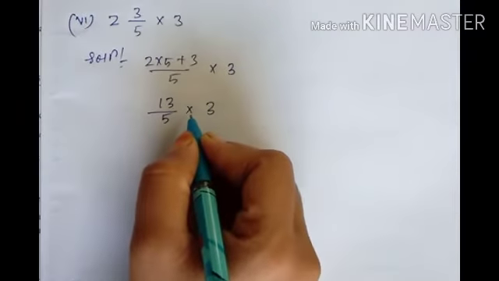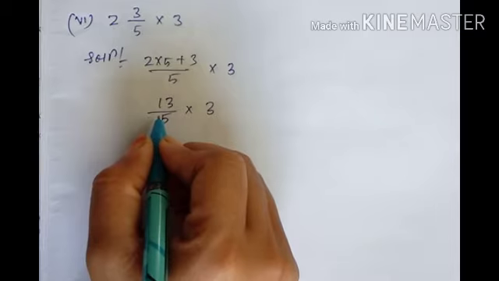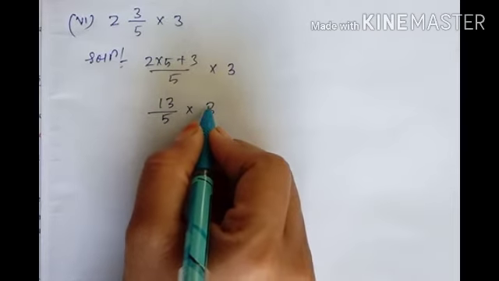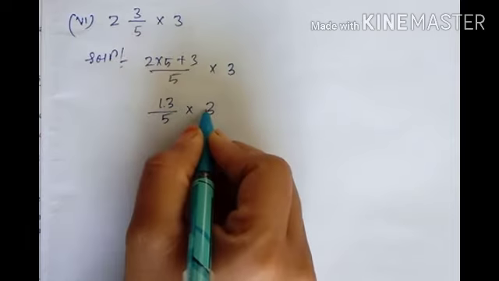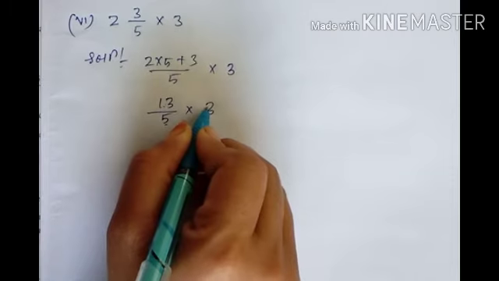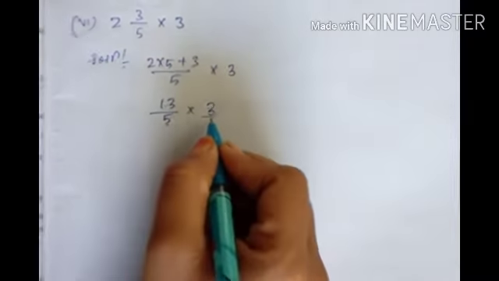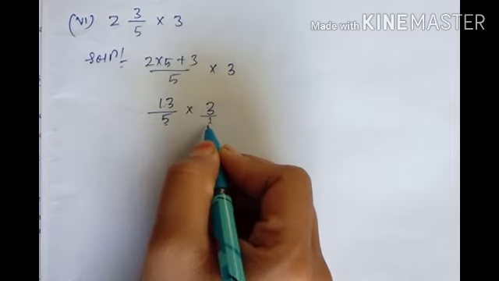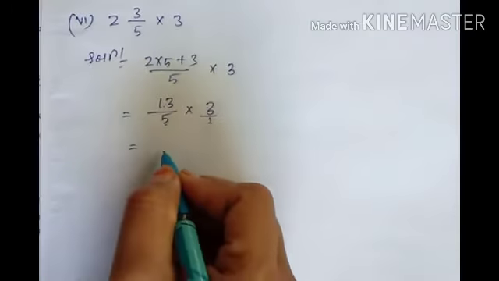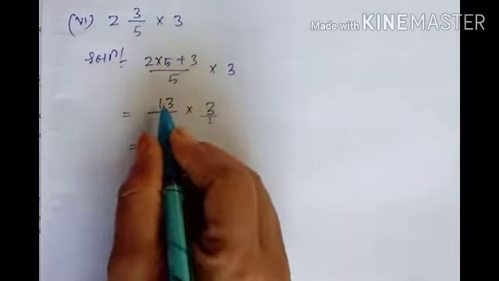Now how will you multiply? Don't be confused, okay? This is a whole number and this is a fraction. If it is a whole number, you have to think of it as the numerator. So 13 you will multiply with 3, not 5 into 3. You have to think this is on the upside. Downside you can write 1. You can assume that below, the denominator 1 is there. So the numerator will get multiplied and the denominator will get multiplied. So the denominator will be 5. So 13 into 3,